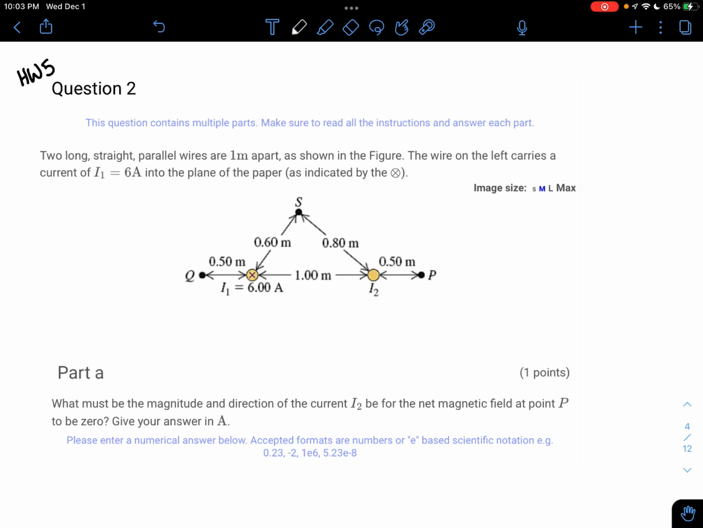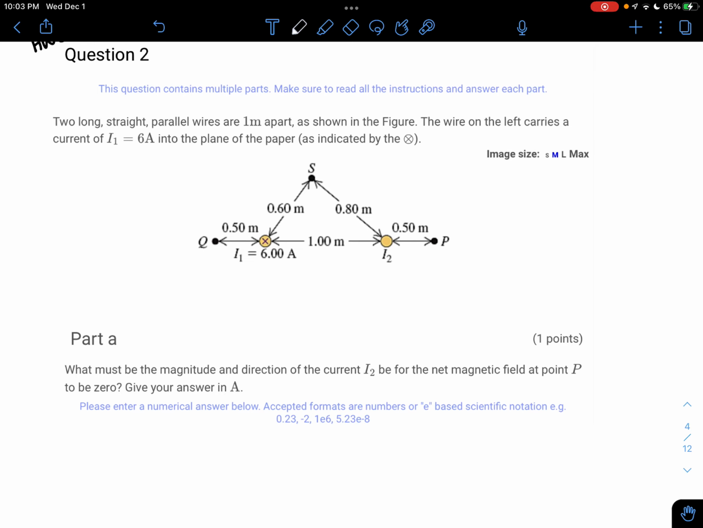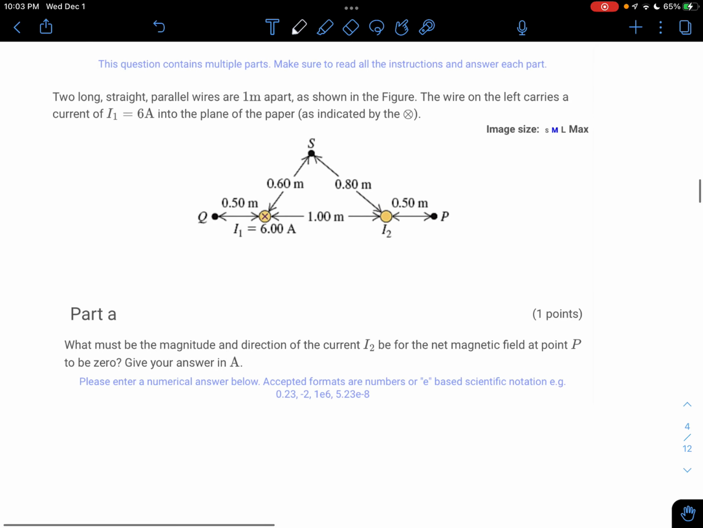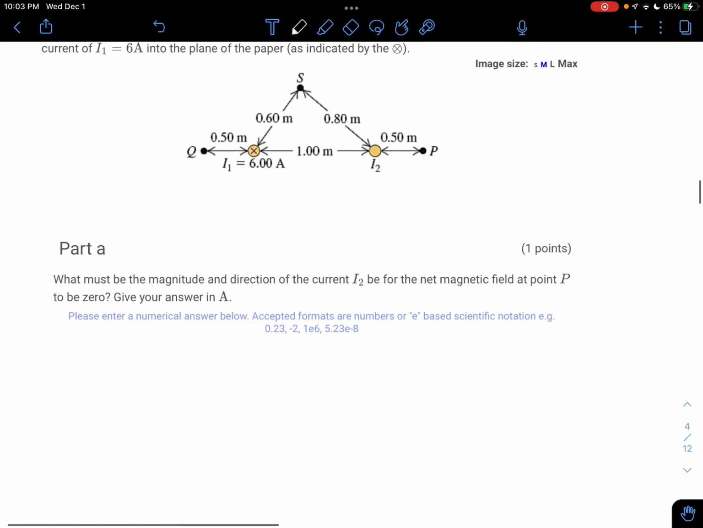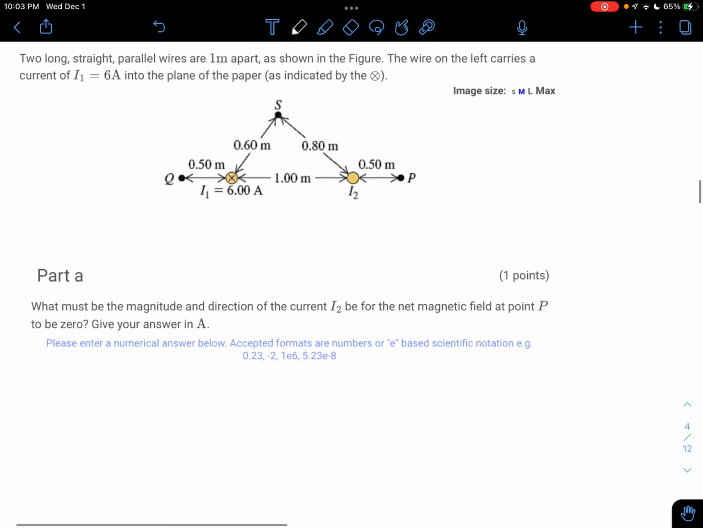Alrighty, y'all. Today we're taking a look at question 2 for homework 5. And this one has parts A, B, and C, and I'm going to go through all 3 of those in this video. Alright, so we have this complicated mess of a structure. And for part A, we're trying to find the magnitude and direction of the current I2 so that the net magnetic field at P